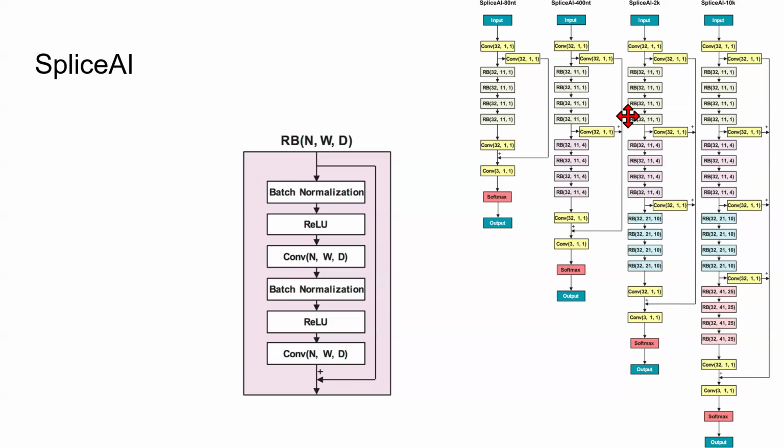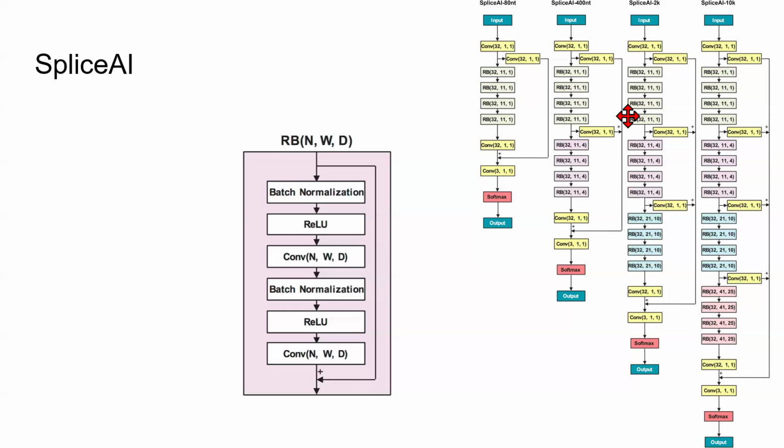Dilation acts a lot like the stride, but what it does is it takes the kernel and expands the kernel itself. If you have a dilation of 2, the kernel is going to skip every other